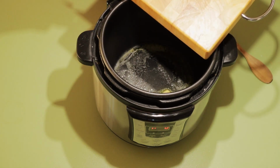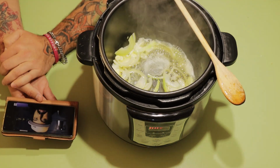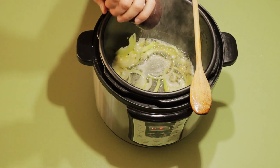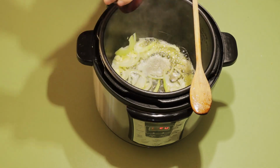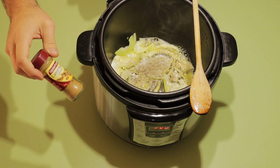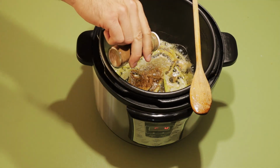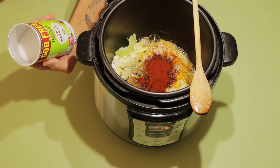Now in with our onion and garlic. Add your salt. Pepper, add our ground cumin seeds, cayenne pepper, Chinese 5-spice, a tablespoon of paprika, a tablespoon of Natvia,